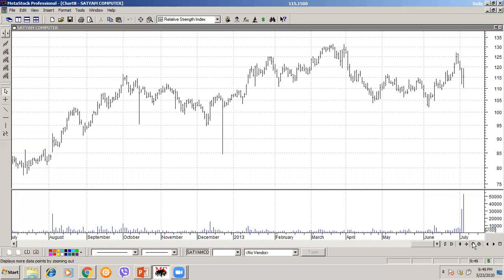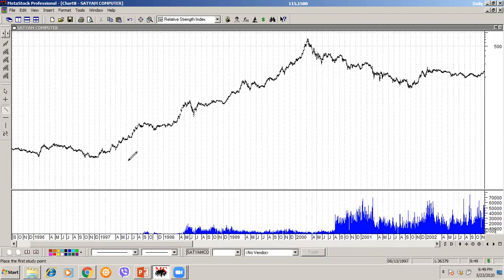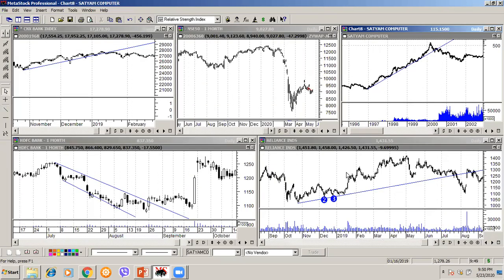Now let us go to 2000. Here. Now see. Point 1, point 2. Perfect. Lot of support. Then the breakdown comes, and it's a very valid breakdown. Got it? The same example I'm going to show you somewhere else. This is an important point, so I will be dwelling on this a few minutes more.